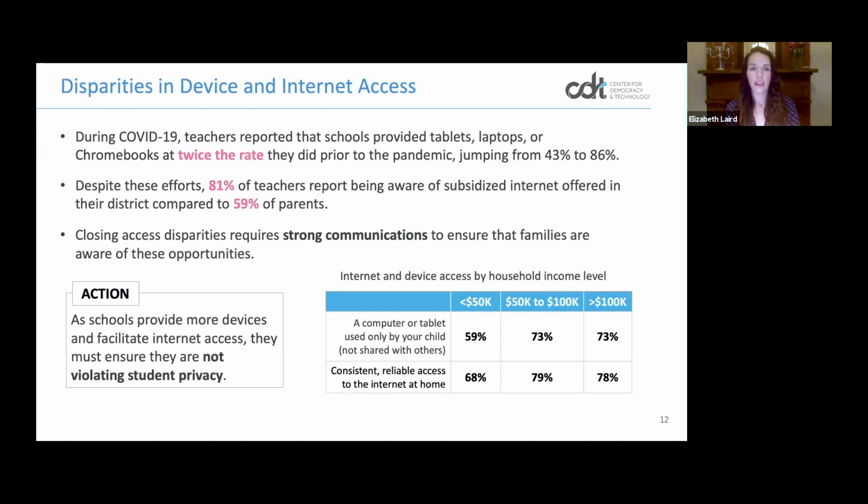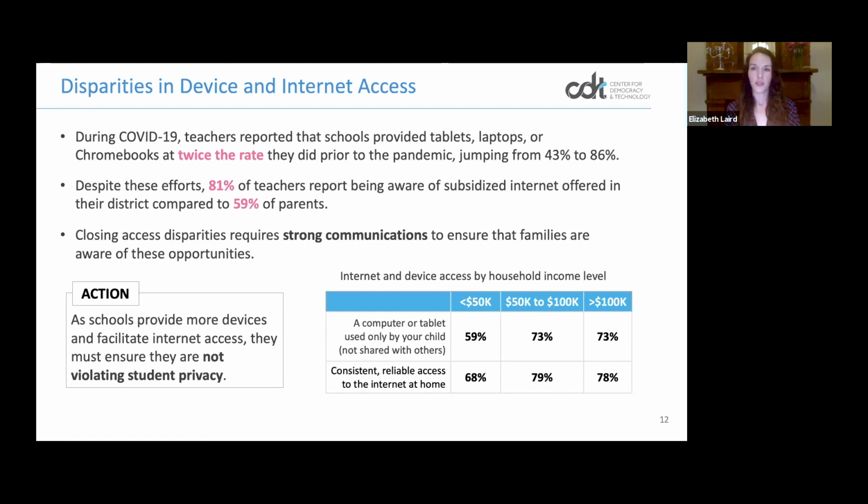So here, we're now going to go a little bit deeper on the digital divide and privacy. Justin's data laid out what the problem looks like, and I thought that especially the state-by-state breakdown was particularly compelling, in that it looks really different state to state, even within a state. We looked at how schools have responded to the digital divide. And so in terms of the response, we found that the percentage of schools who have provided devices has doubled since the start of the pandemic.